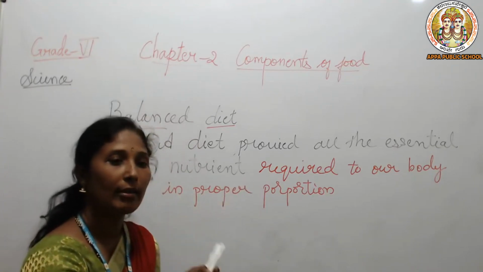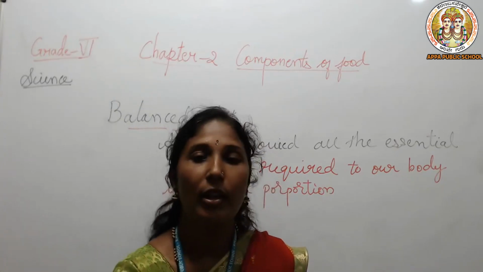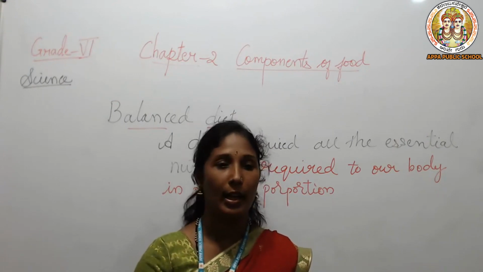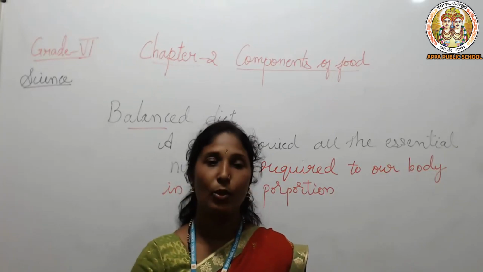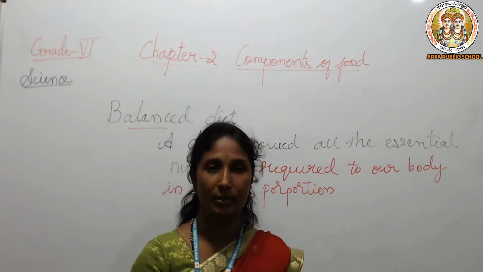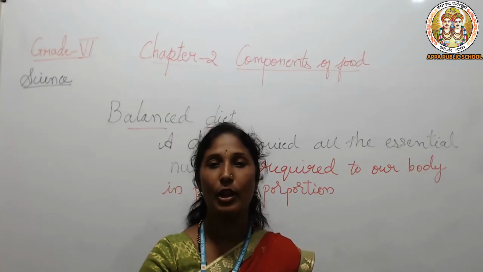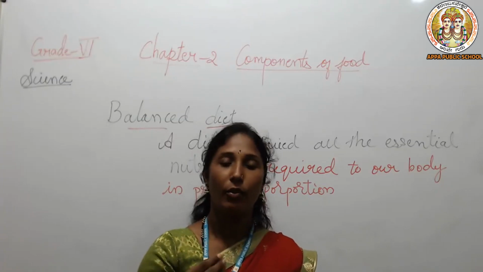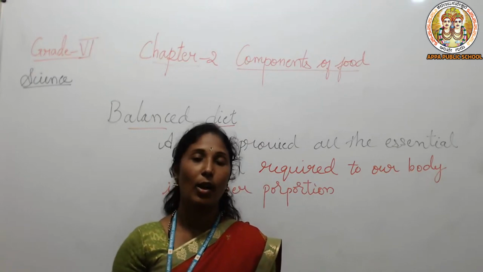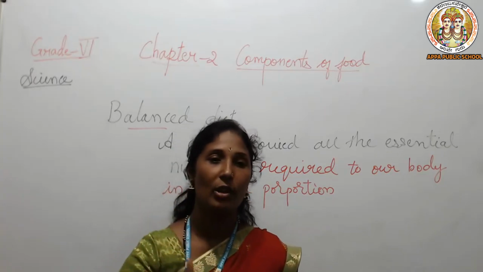Not only to eat a balanced diet, we also need to know that the food we are cooking should be cooked properly. Example, sometimes in a hurry, your mother prepares vegetables overcooked. When the food is cooked too much, sometimes it will be burned. So what will happen? We will not get sufficient nutrients, because while cooking itself all the nutrients will be lost. We'll eat that food, it will be very tasty, and our stomach will also be full. But we'll not get all the nutrients, because the nutrients were lost while cooking.